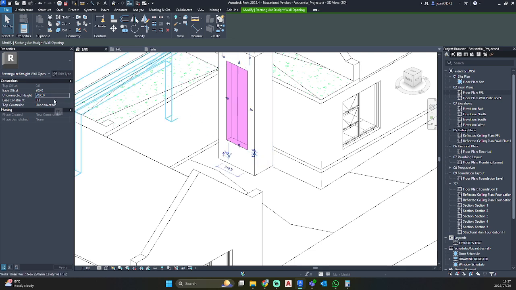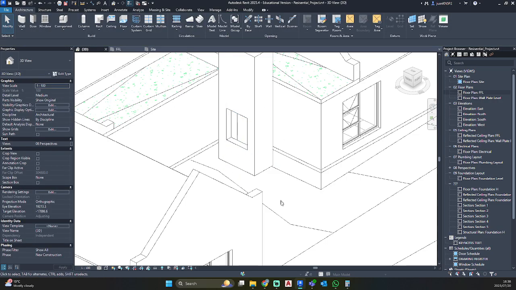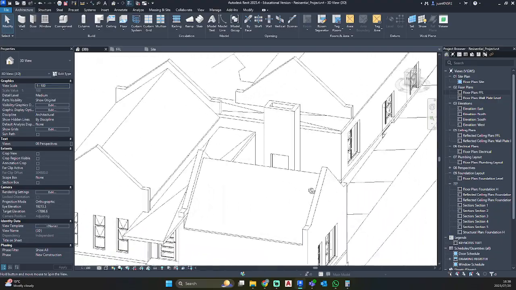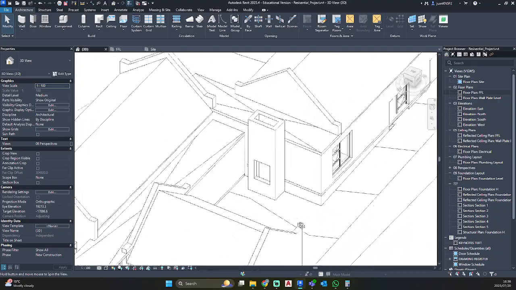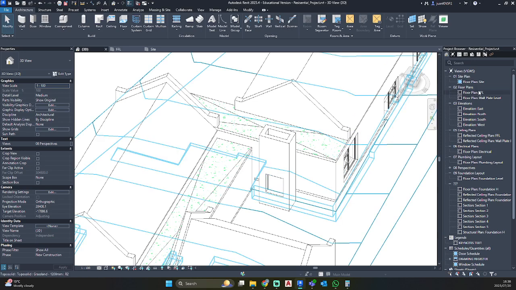Okay, so unconnected height needs to be 1.2. So let's make that 1.2 meters, take it down. There we have our opening where we can make fire.